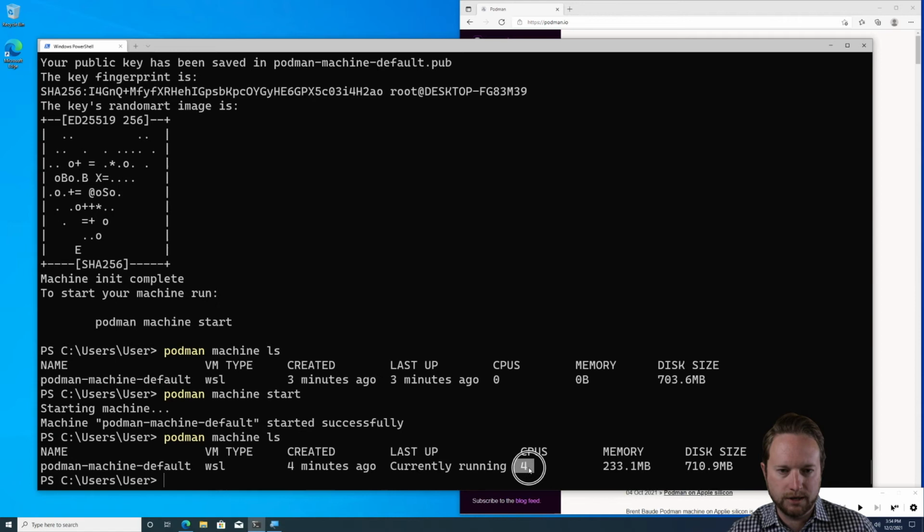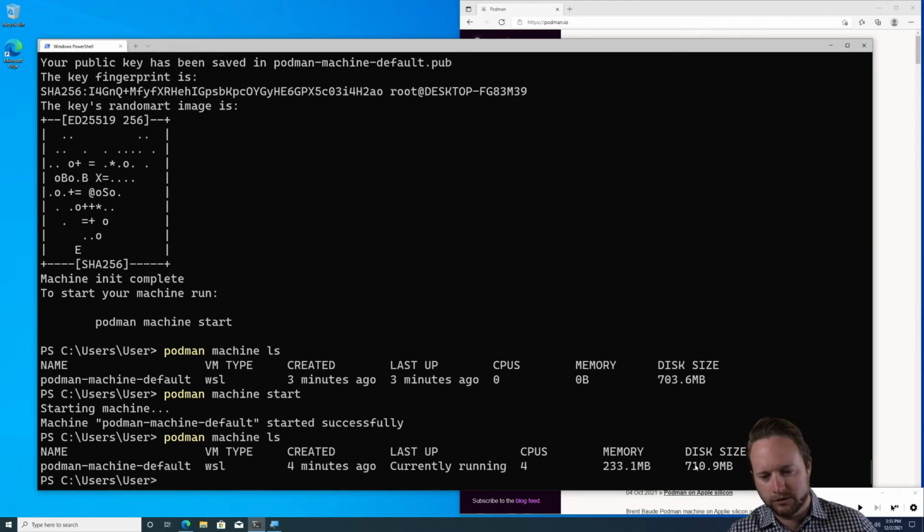Currently, it's reporting 4 CPUs, which is what I have in my virtualized instance of Windows. And the memory setting is a little bit different. It's conveying the actual amount that the kernel has. So it's really just what gets shared across distributions, so you wouldn't want to add the numbers. The disk size, though, is independent per distribution. So this is just the amount that has been allocated to that install,